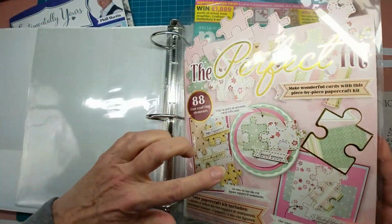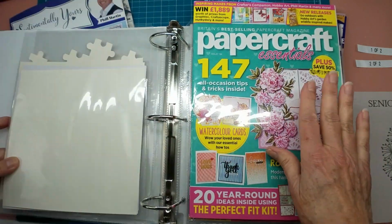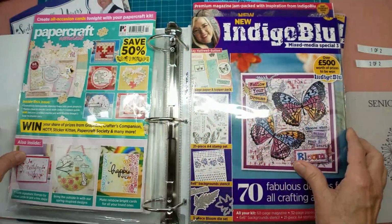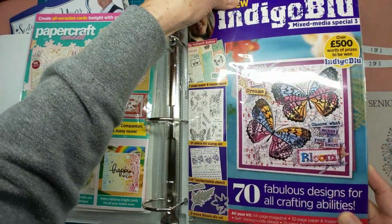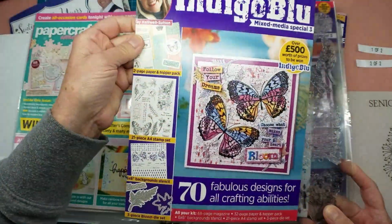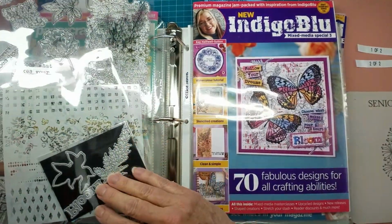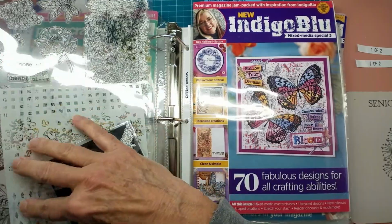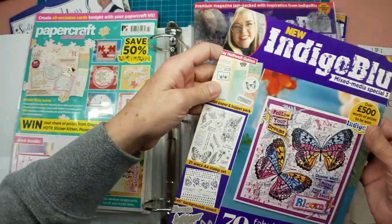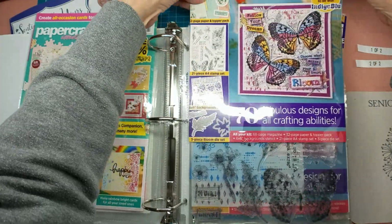So this was the box and all the little papers and inserts, and then this is the magazine that goes with that. And the same way here, this is the box front, and you can see I've just cut that box off right there like that. And then all of the stamps and the dies, and this one had a stencil. Some of them have embossing folders in them. They're really a nice complete kit,